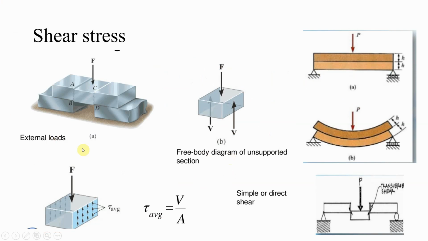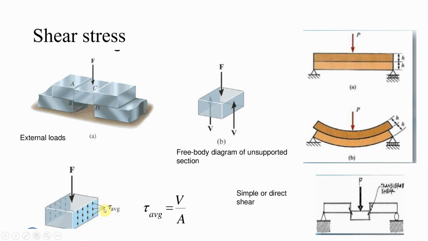So in this diagram, you can see here this upper block is supported on these two lower blocks and this upper block is subjected to one vertical load. Then definitely when this upper block is subjected to vertical load, this lower block will give the resistance to this vertical load in the upward direction, and that resistance will be parallel to the surface of this block. Then this surface resistance is called shear resistance. You can see here that it is uniform on that surface.